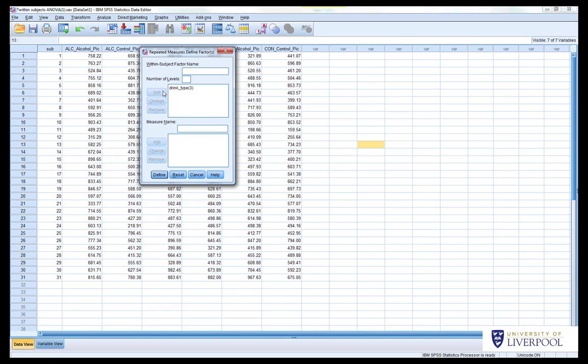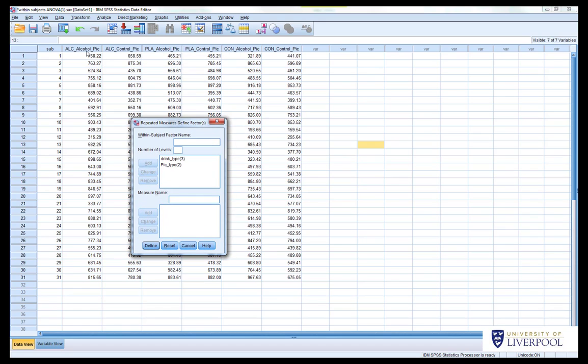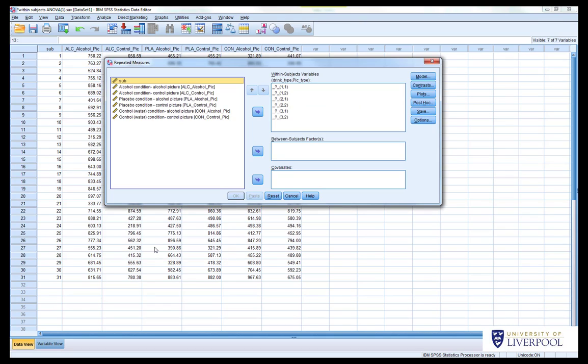And now we need to add our other within subjects factor, independent variable, which is picture type. So I'll just call that pic type. And this has got 2 levels because the pictures are either alcohol related pictures or control pictures, and then we click add. So SPSS now knows that this data set has 2 independent variables, one with 3 levels and one with 2 levels to it. So now we click define,